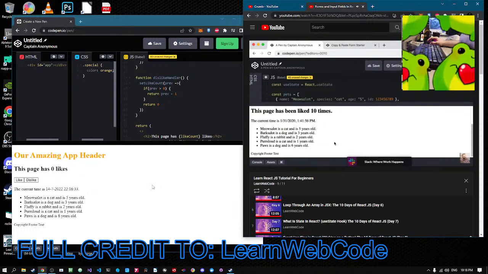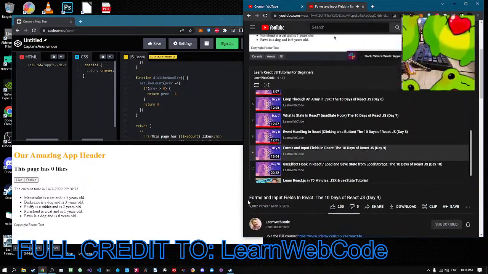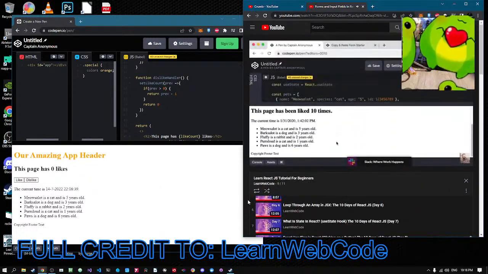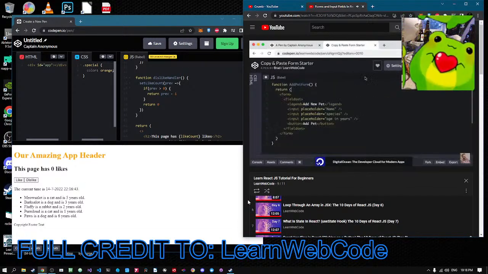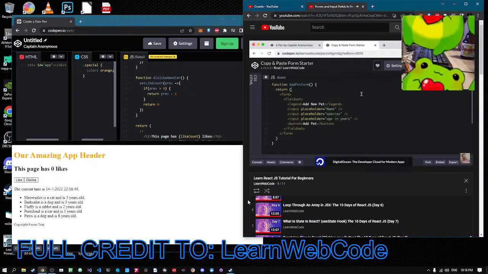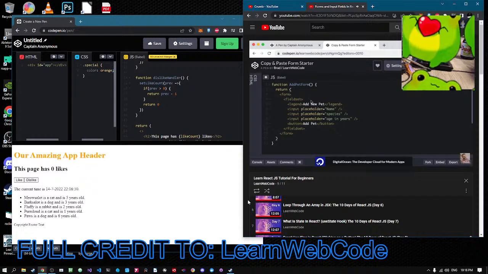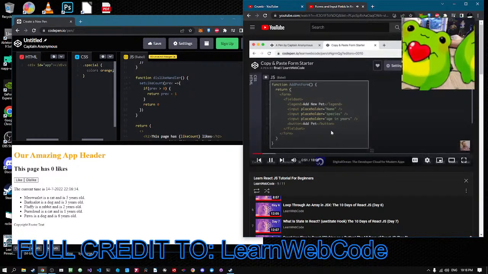Now we have a lot to cover in this lesson, and so typing out a bunch of boilerplate HTML is probably not the best use of our time. So let me switch tabs. In the resources for this lesson, you'll find a link called Copy and Paste Form Starter. As you can see, there's nothing new going on in this code, so we're not missing an educational opportunity by just having